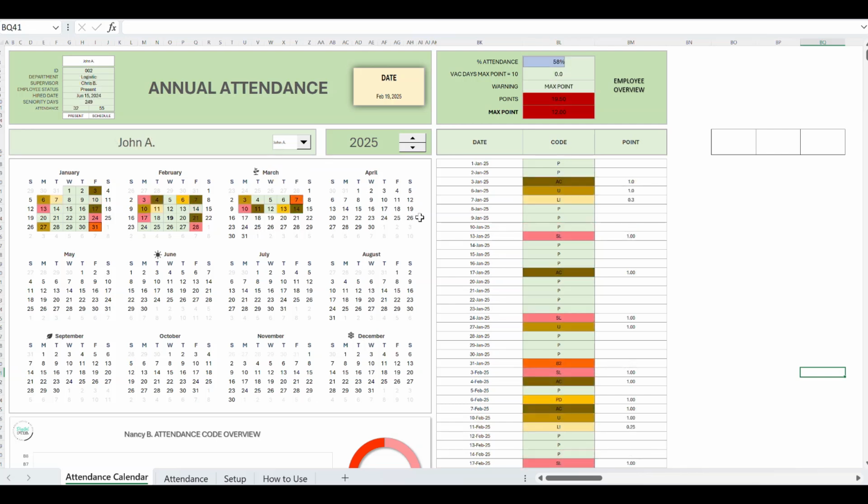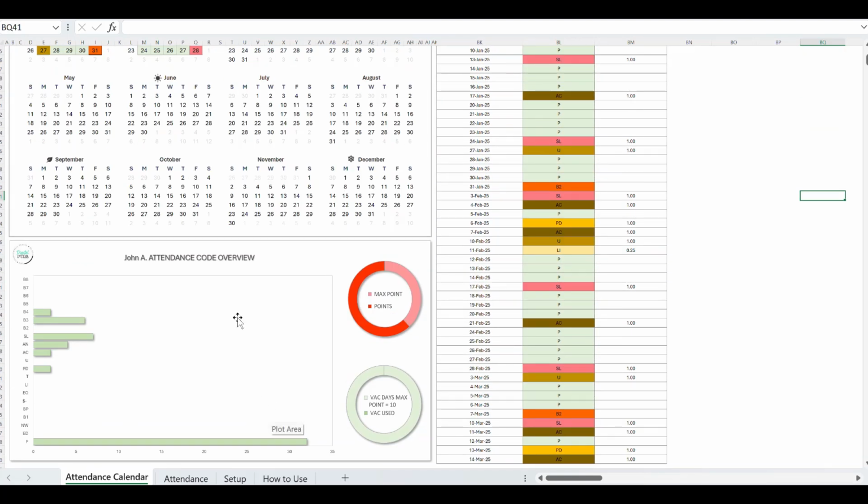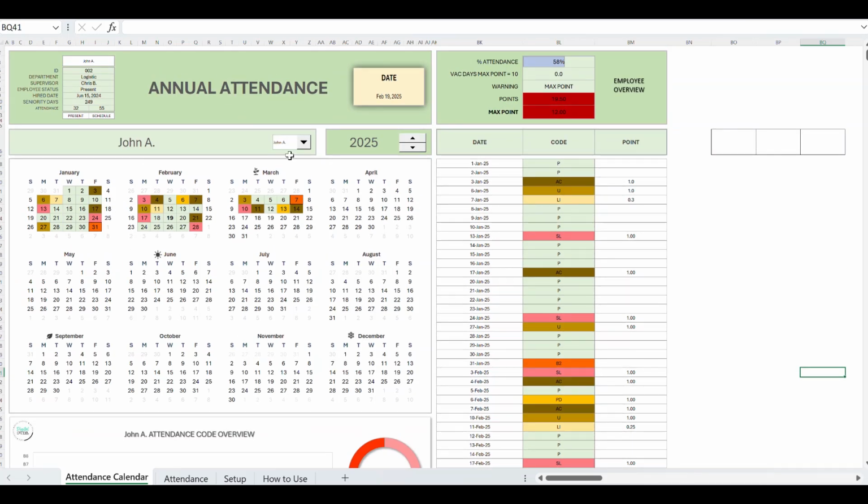So what it does is it gives you a report card, kind of. So you look up a certain person, let's say John A. You can see when he takes all his vacation days, and when he got points, and when he's present. So you can print this out and hand it to employees. Let's say an employee comes up like, I want to know my attendance record, and voila, you just go over here to your attendance calendar and you pull it up, and it tells you the percentage, your rate, score,